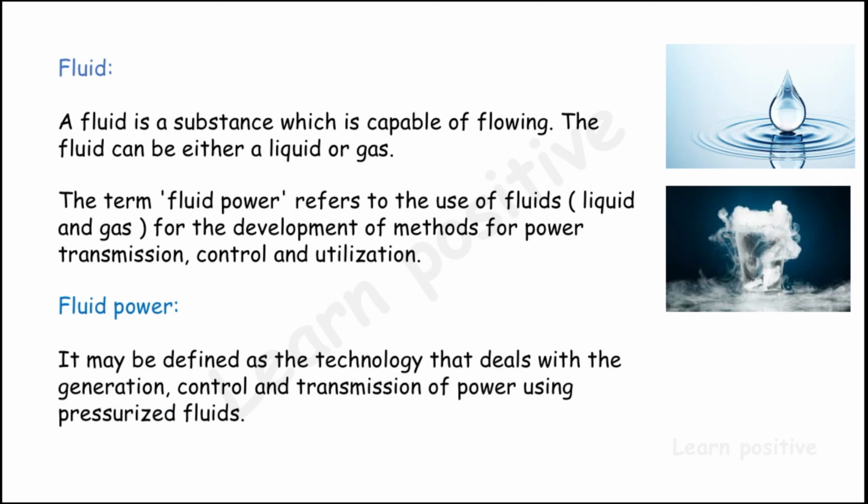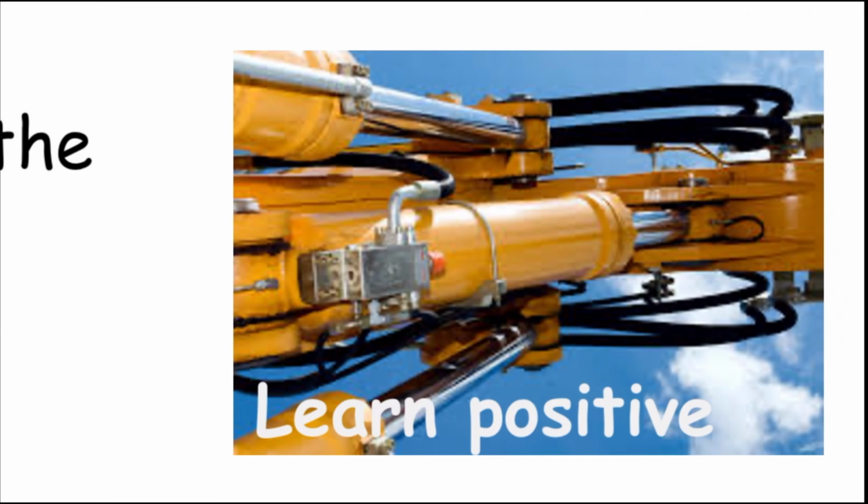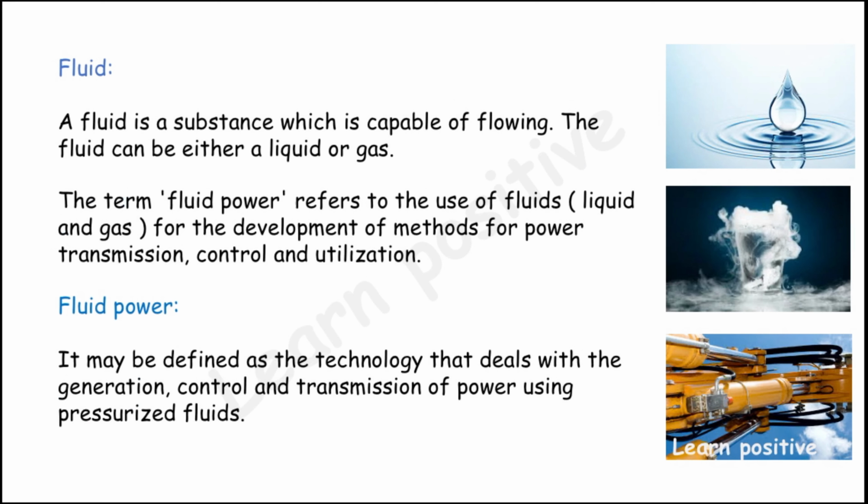I can give an example image for this fluid power. Now you can understand easily. This is an image of a JCB or a crane. The black tubes are the hydraulic fluid flow paths, and the steel rod coming from the yellow cylinder is the piston. It is an actuator, a hydraulic actuator. From the piston, the JCB or the crane works.